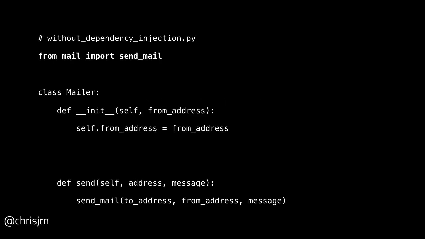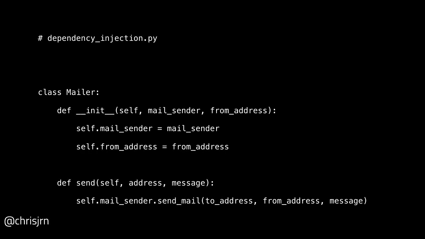Okay. So the best way to illustrate this is by working in reverse. Say you want to create mailer objects that retain a sender address, so you can send lots and lots of emails from that same address. Here we construct our mailer object, and we have this send method down here, which calls out to the send mail function that we've imported from somewhere. This is a contrived thing that might look okay in Django if you squint really, really hard.